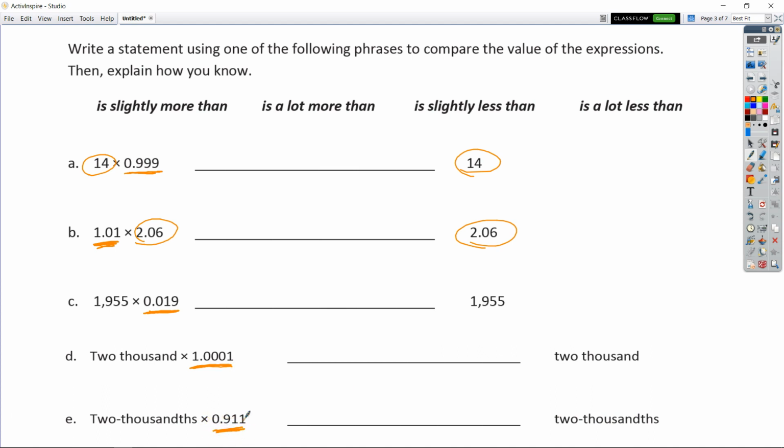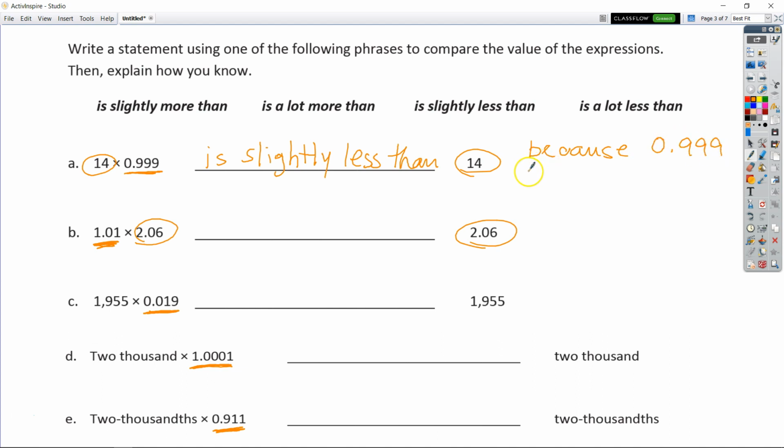So my scaling factors are underlined. I know since this is very, very close to 1, 999 thousandths, if I get one more thousandth, it would be at 1. So that's very close to 1, so this is going to be slightly less than 1. That means that when I multiply 14 by it, it's going to be slightly less than 14. So I'm going to just write is slightly less than 14. And we're going to write because, and I'll just write because